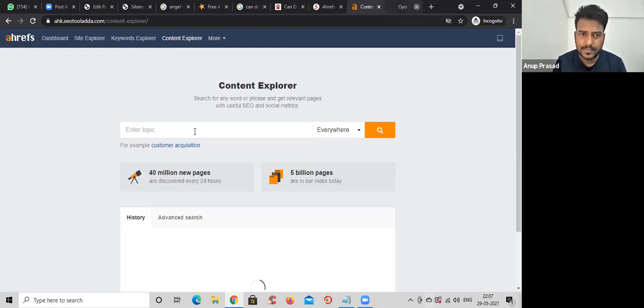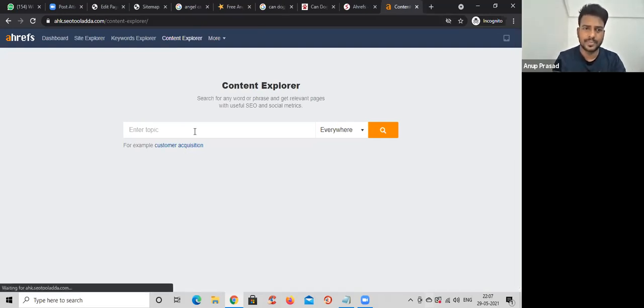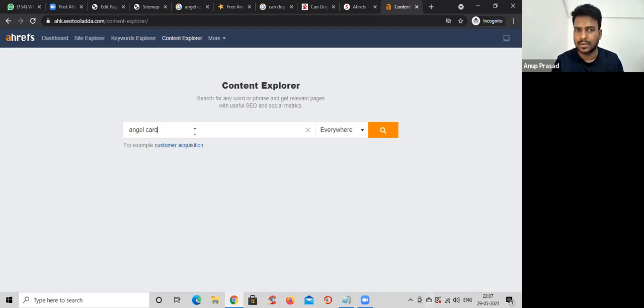And put your keyword. Keep it short. Don't keep it long. This has to be the theme of your service. Angel card reading is my keyword, but I'll not use reading. I'll use angel card, and keep a space, and I'll